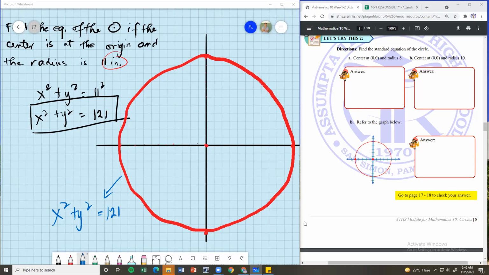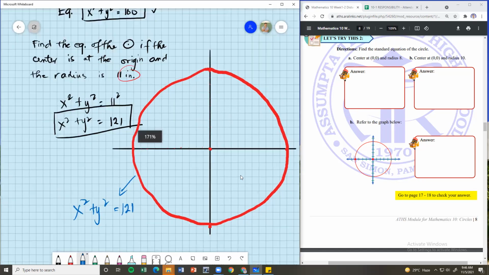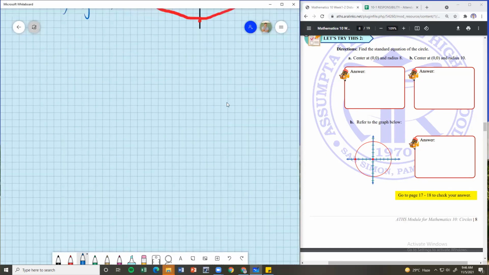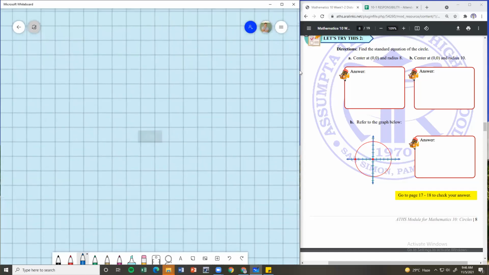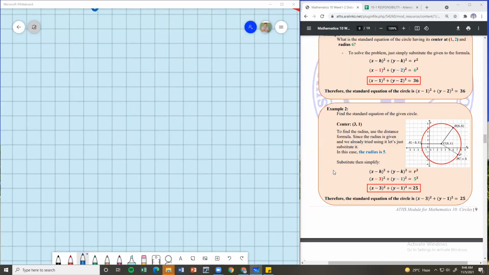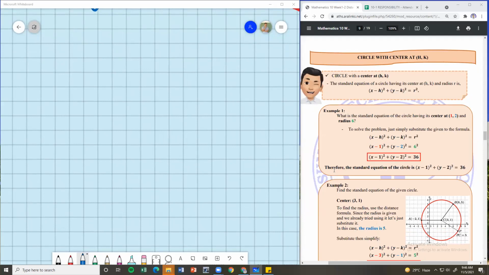So, that's it. Let's continue. That is if our center is at the origin. What if the center is not at the origin? So this time, we will be having this next one. The center is at (h, k). Ibig sabihin, hindi siya sa origin. It's another point in the